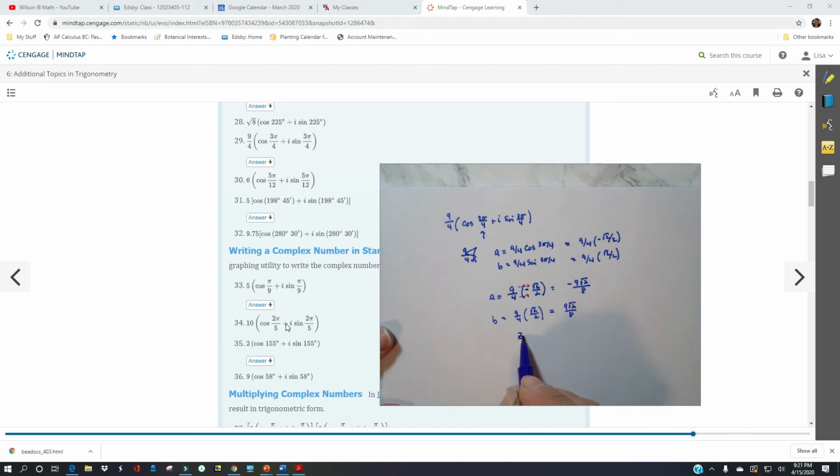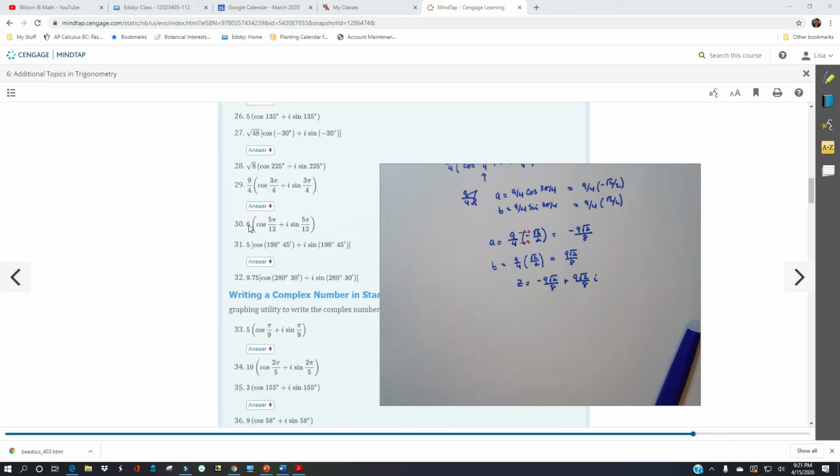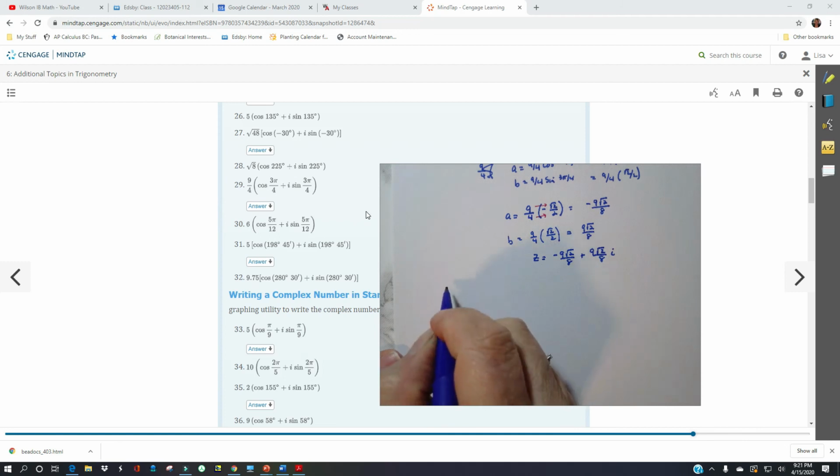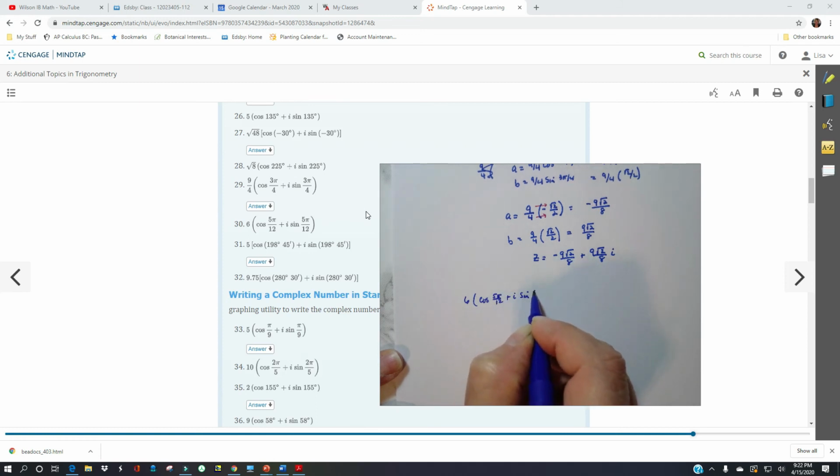So we would write our complex number as A plus B times I. Always write it in standard form, in this form. Let's see, we'll do one more. Oh no, let's do this one here underneath 29, number 30. Again, it's another weird little angle. So in number 30, we have 6 cosine of 5 pi over 12 plus I sine 5 pi over 12,